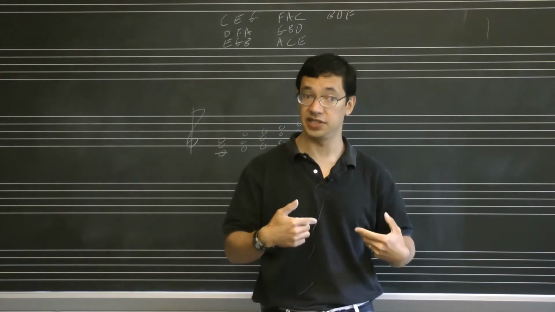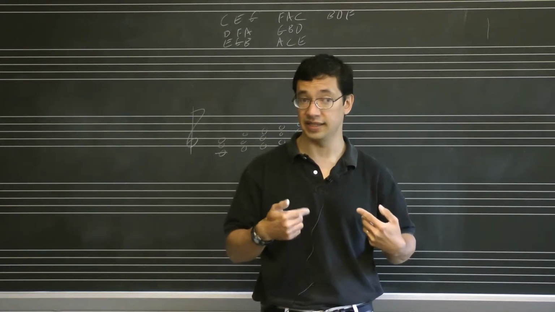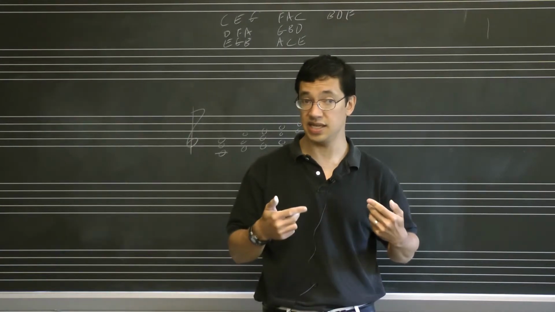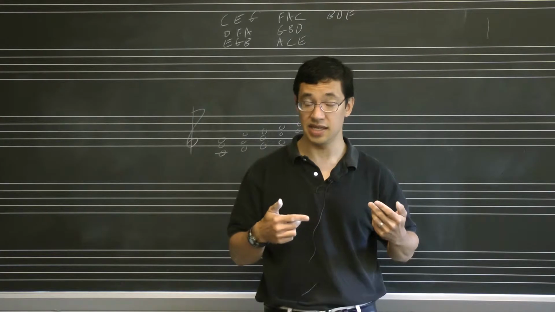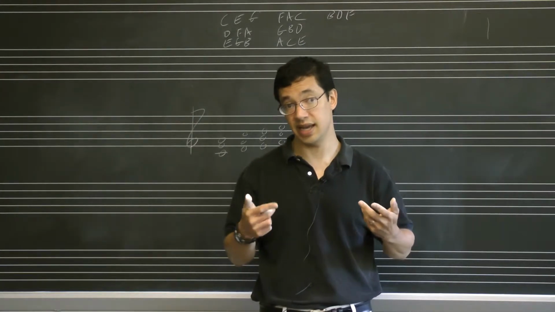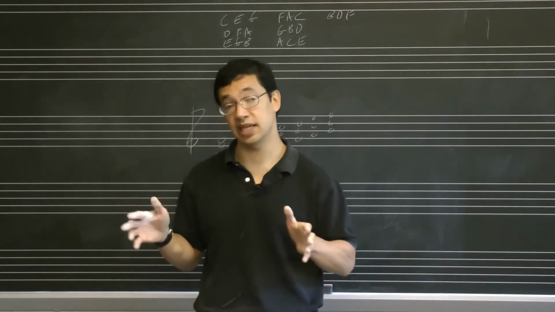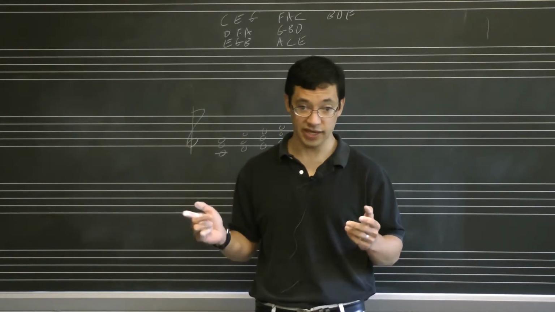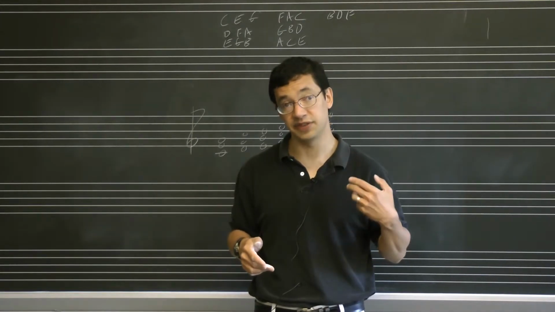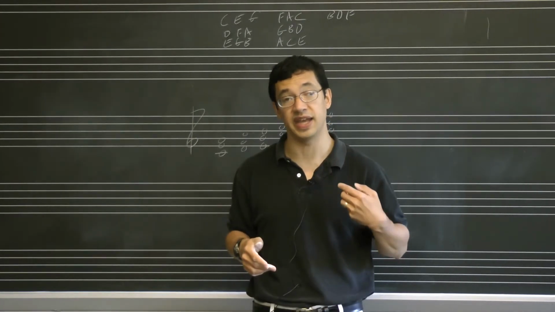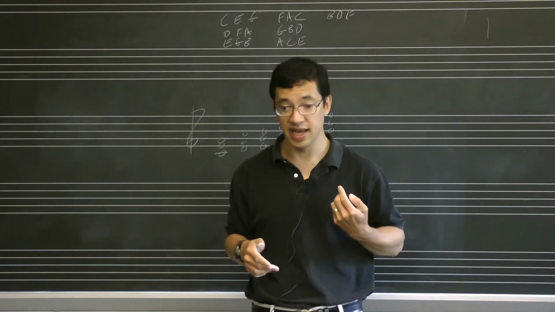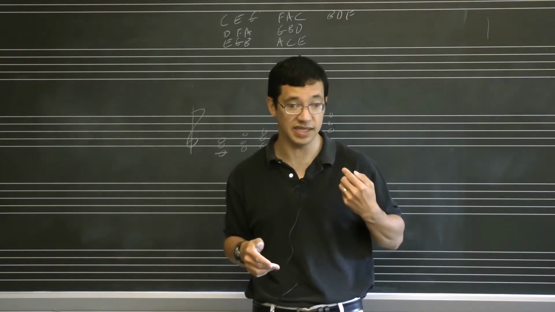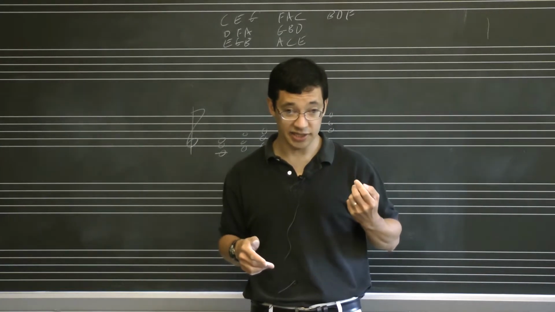So you can just go through this. C flat, E flat, G flat, G flat, B flat, D flat, D flat, F, A flat, C, E flat, C, B flat, D, F, A, C, C, E, G, etc. Just go through that and try and get to the point where you can go as quickly as you can. So something like C flat, E flat, G flat, B flat, D flat, F, A, C, E flat, G, B flat, D, F, A, C, C, E, G, B, D, F sharp, A, C sharp, E, G sharp, B,